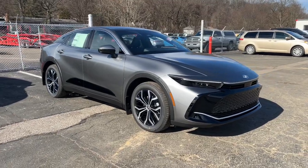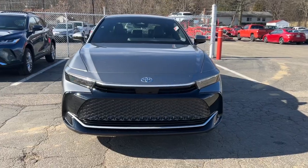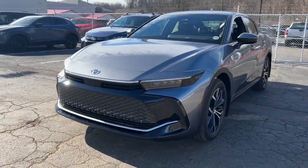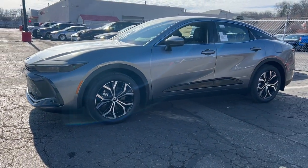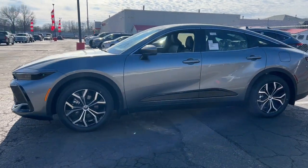Hop into the 2024 Toyota Crown. This distinctive Crown offers standout looks, spacious comfort, a deluxe interior, and all-weather traction. Its impressive suite of driver assist tech, infotainment features, and hybrid fuel efficiency create an unbeatable blend of smart practicality